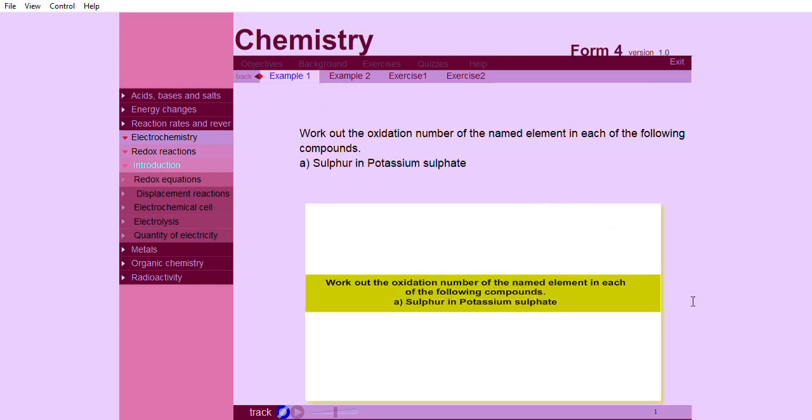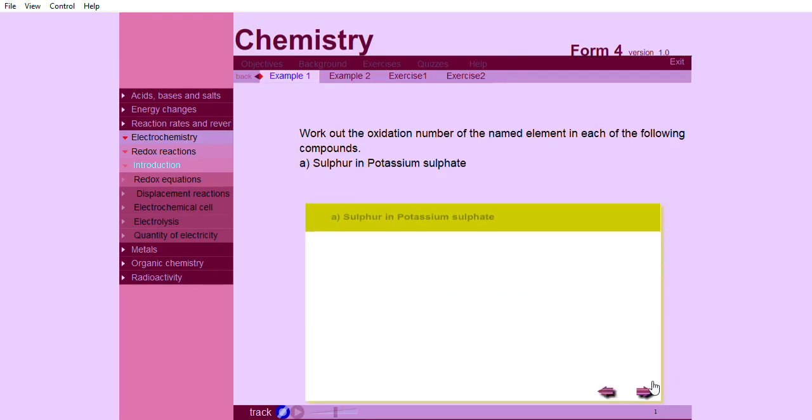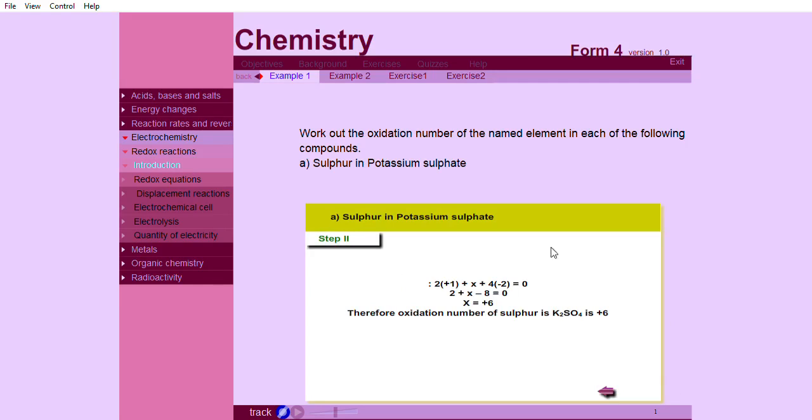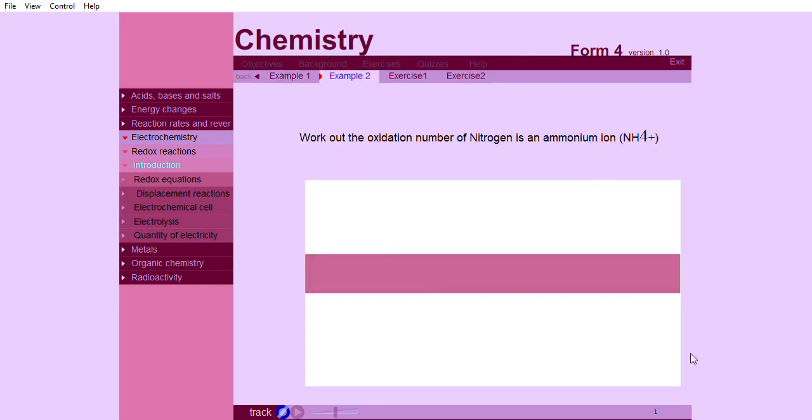Work out the oxidation number of the named element in each of the following compounds. Sulfur in potassium sulfate. Step 1. Work out the oxidation number of nitrogen in an ammonium ion. Step 1. Oxidation number of hydrogen is +1. Let the oxidation number of nitrogen be X. Step